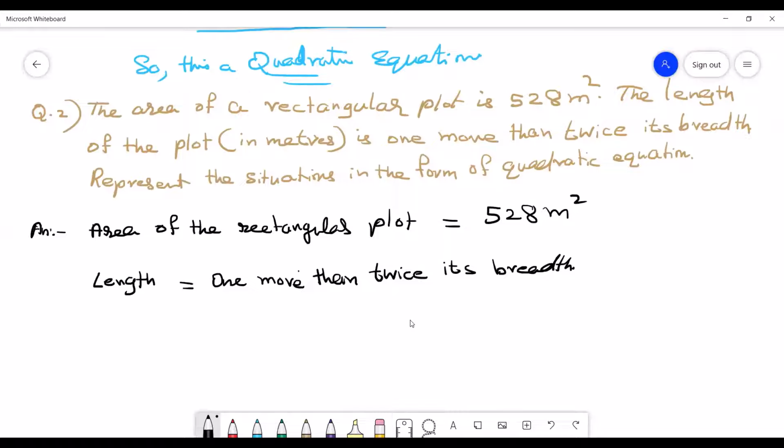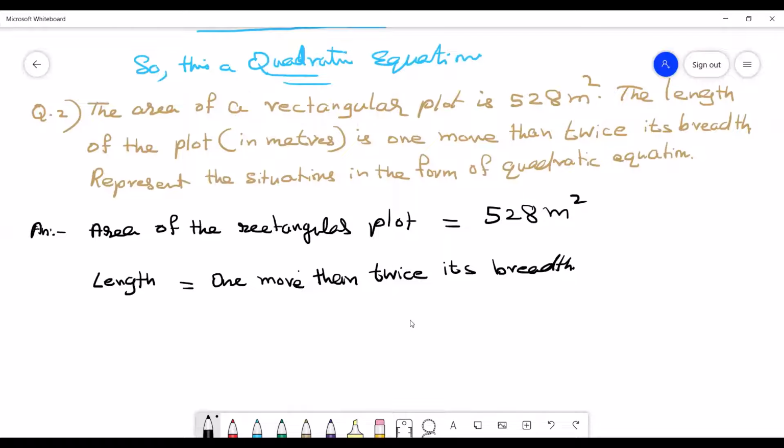well as the length and breadth is also given in terms of meters. So there is no contradiction regarding the unit anywhere. So we can proceed without giving much care to the unit, because the unit is the same. If the unit is not the same, then conversion is also required. Instead of meters, if it is given in inches or feet, then we have to convert it into meters, or otherwise to feet, like that.